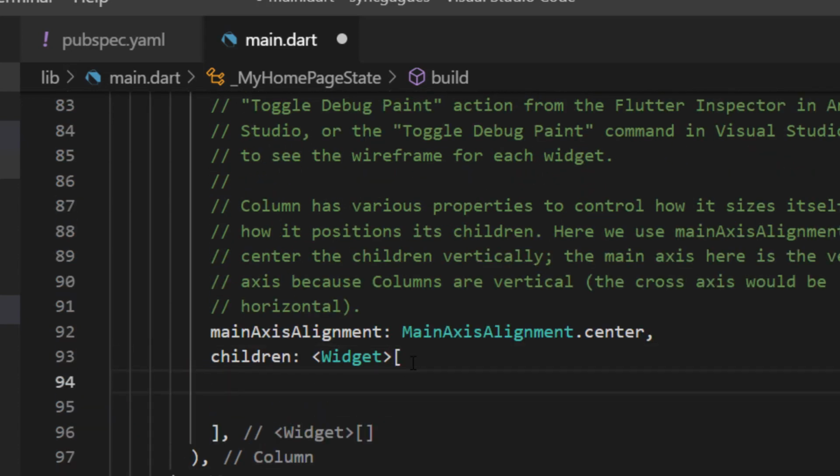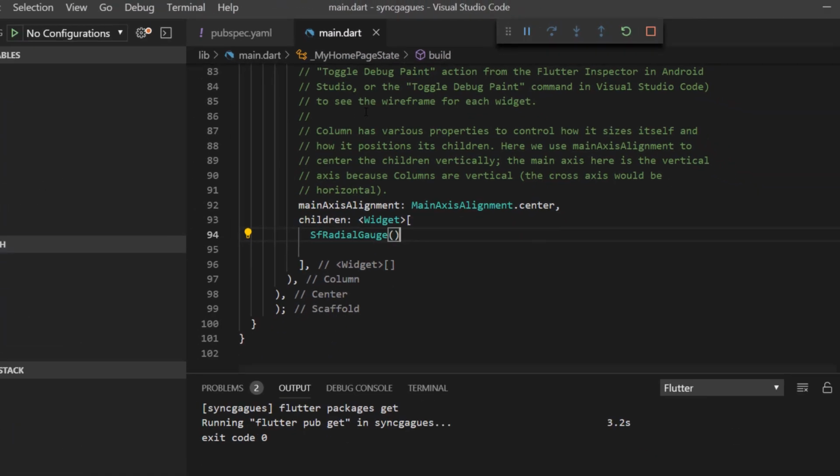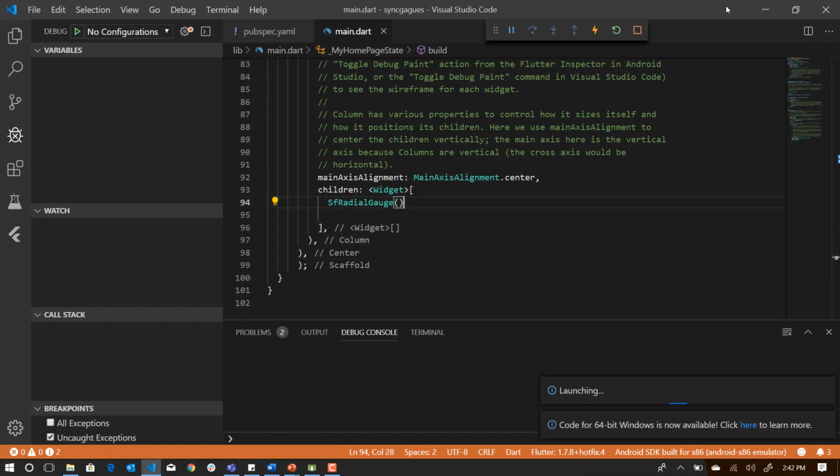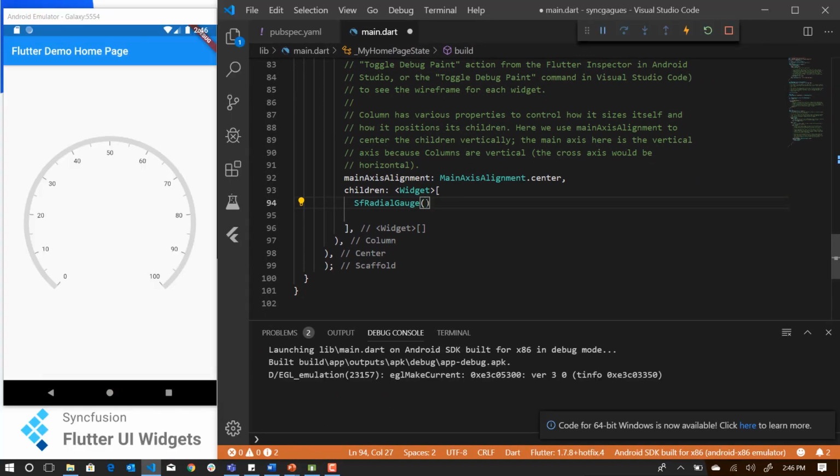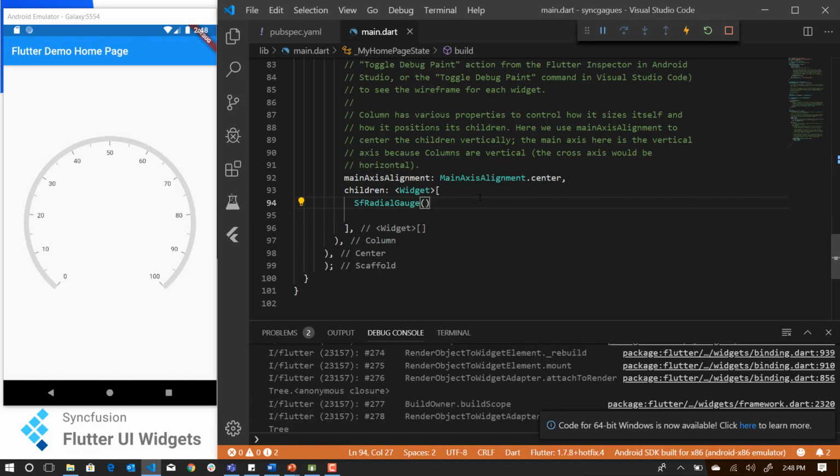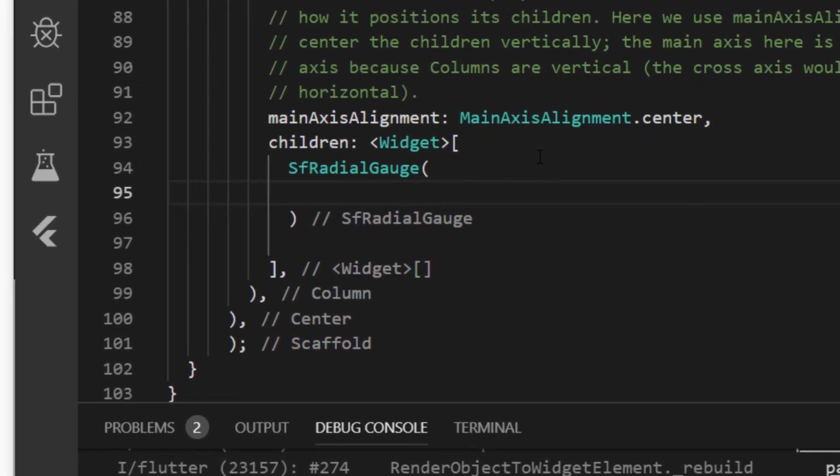Now I'm just going to add the SfRadialGauge and initialize it, save it, and run this. There you go. Now you can see a simple radial gauge has been rendered with a predefined axis ranging from 0 to 100.